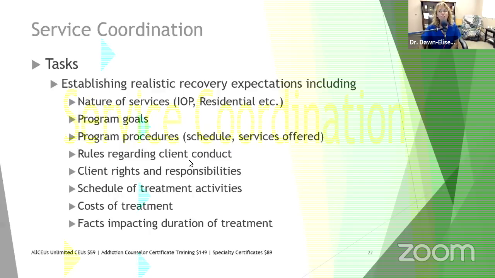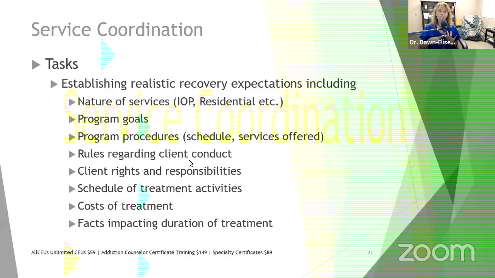You also want to establish realistic recovery expectations, including the nature of services. Be very upfront. This is that informed consent. What kind of services are you going into? What are the program goals? What are the program procedures? The schedule, when does it meet? What services are offered? What are the rules regarding client conduct, the client rights and responsibilities, the schedule of treatment activities, the costs of treatment?